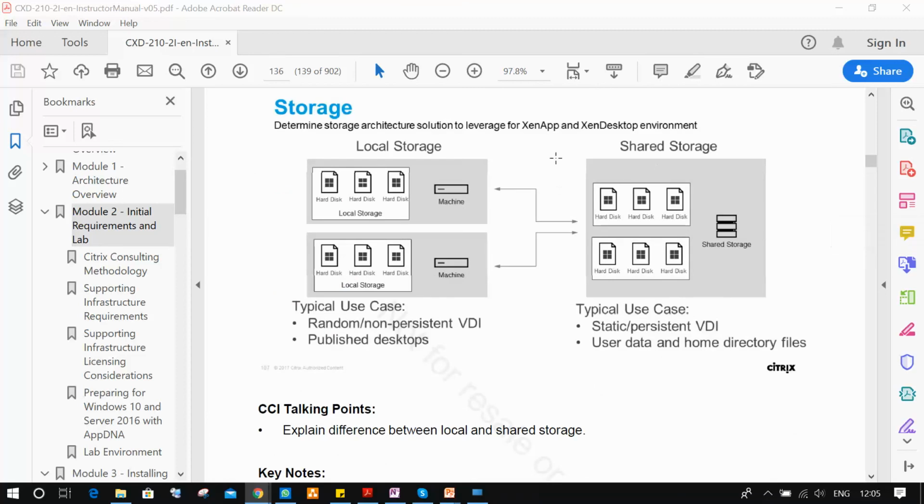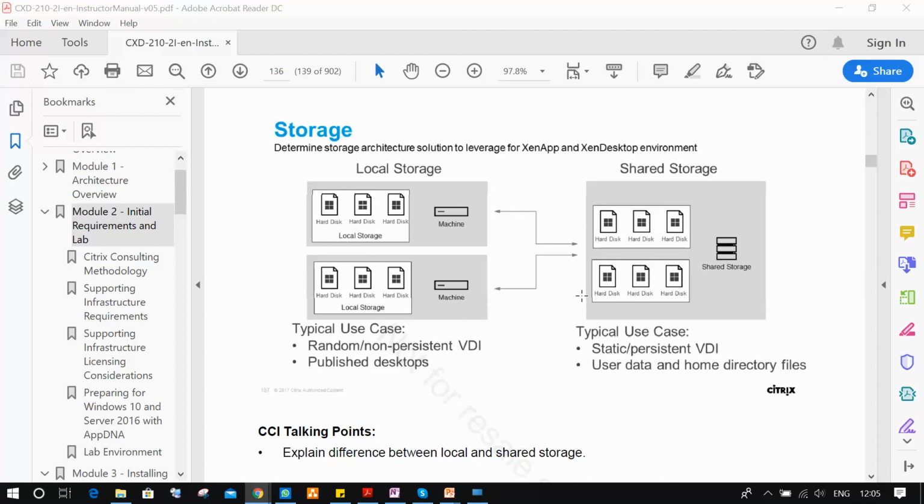So this is storage. Sometimes we will use local storage, sometimes shared storage. We have a couple of scenarios, typically used for these use cases. For example, local storage we'll use for random and non-persistent VDI machines and published desktops. Shared storage will be used for static persistent VDI, user data and home directory files.